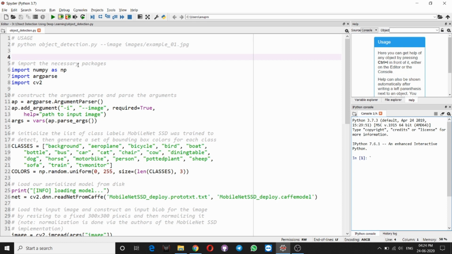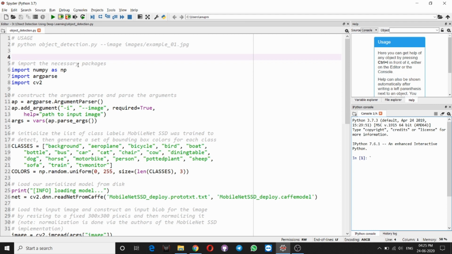For this we are using the numpy method np.random.uniform, and we pass 0 as the starting value and 255 as the ending value. Now we have to mention the size of this array. The size is the length of the classes, comma 3, meaning the colors red, green and blue. Now after this our colors matrix is made.